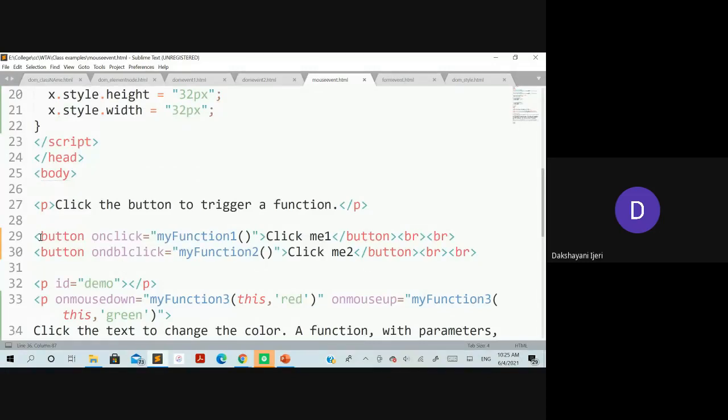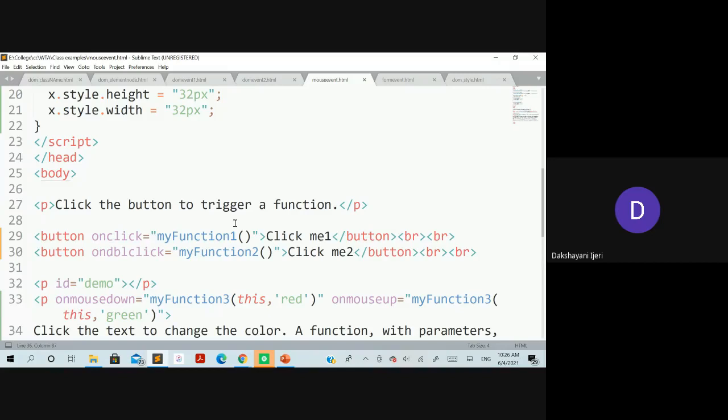So for example, you can see here I have created the button over here, and within the button itself I have used the name of the event as onclick, and I'm telling it that when this onclick event needs to be executed, what needs to be executed for this onclick event. So here onclick is equal to my function 1. That means I just want to execute this function when a particular click happens over here. Okay, so do not get confused.